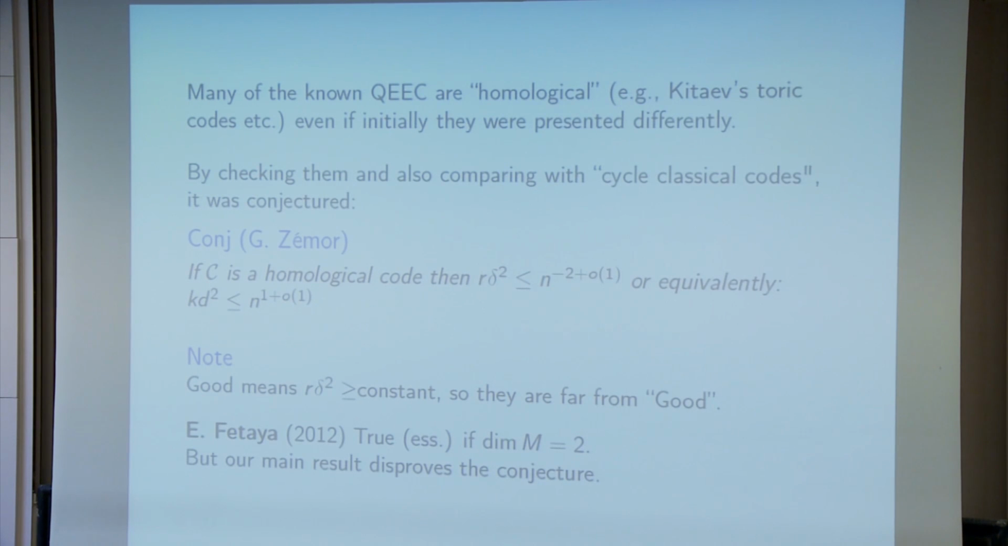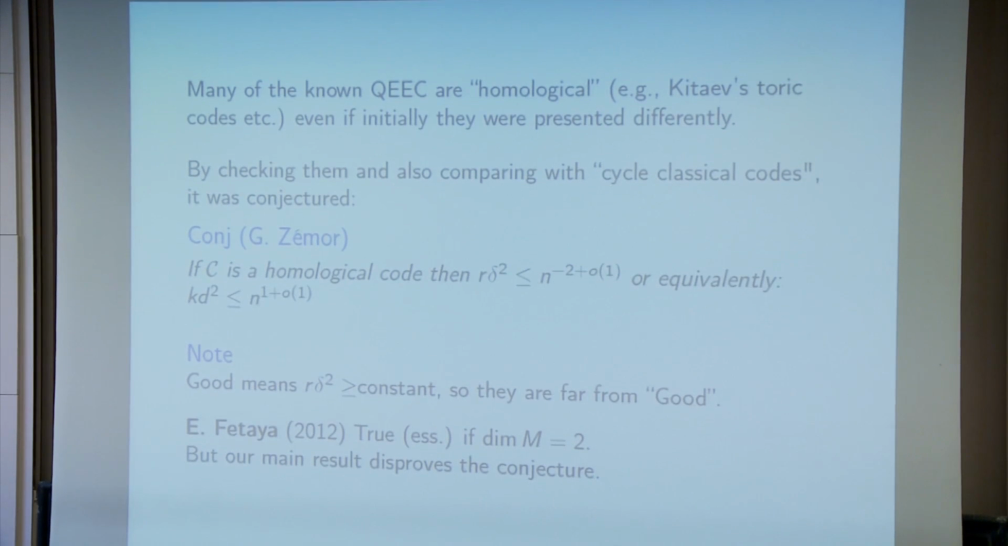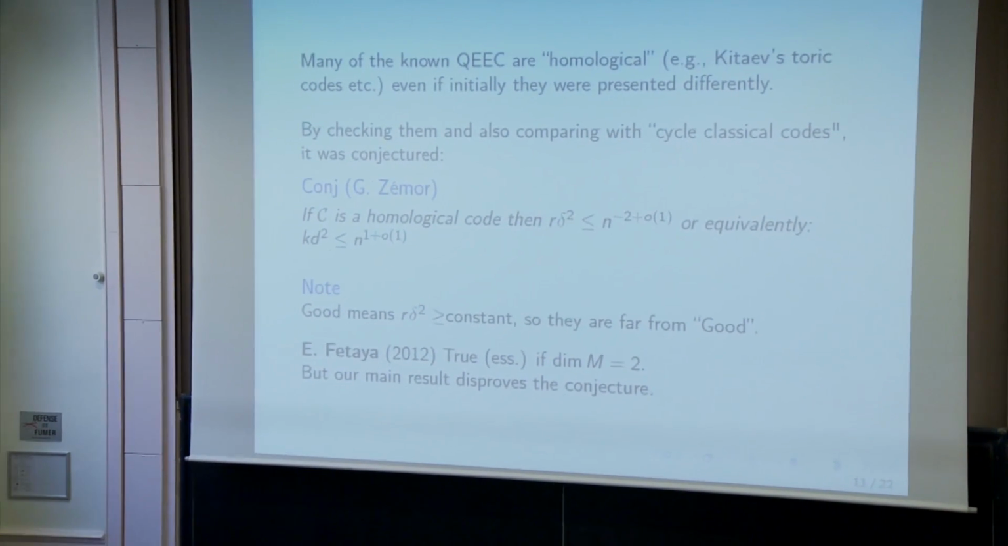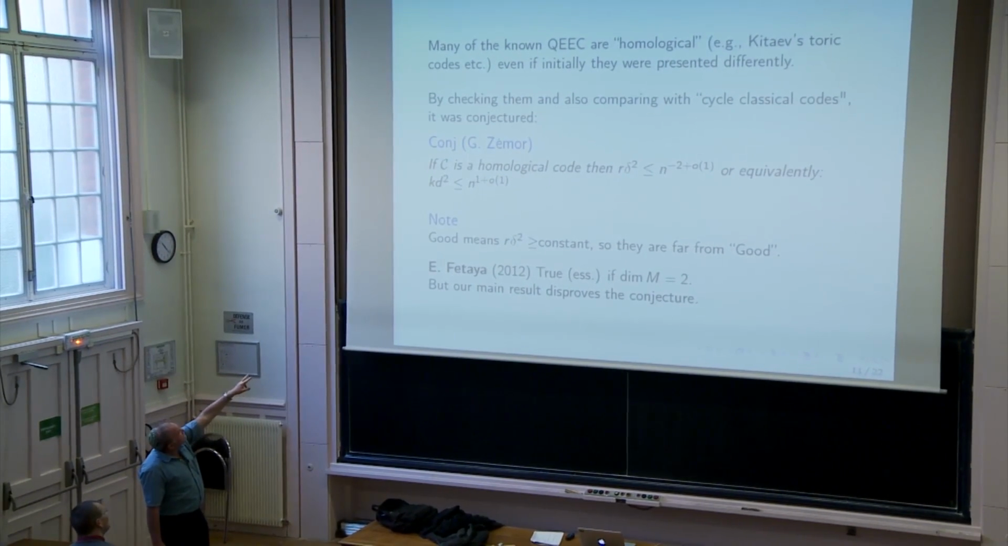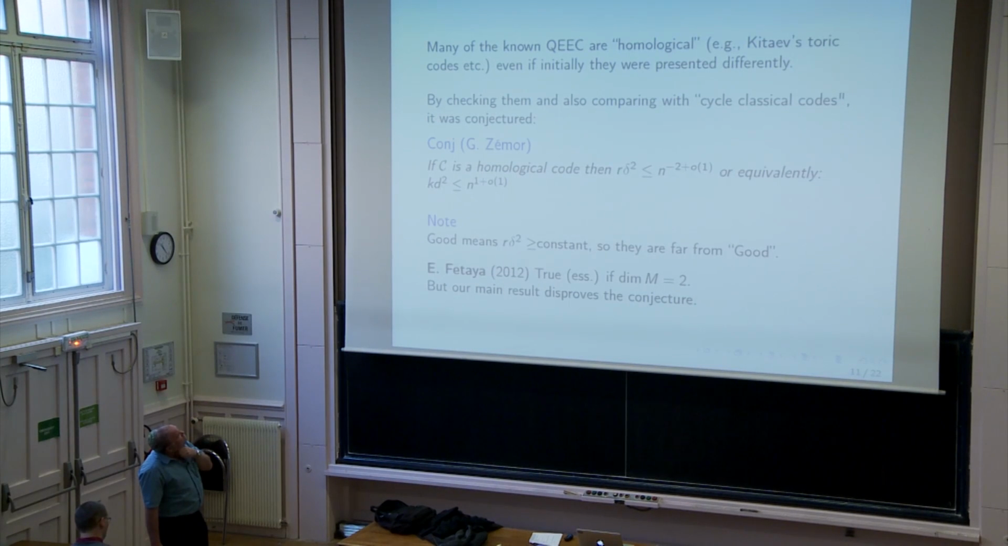I learned this subject from a paper of his. He said that if C is a homological code, then R times delta square is at most n to the minus 2. Or maybe let's go to the other formulation, K times D square. For some reason, these are the parameters he wanted to check. And he looked at all examples in the literature. He has some motivation from classical coding. And he said that KD square is, for homological codes, at most n to the 1 plus little o of 1,